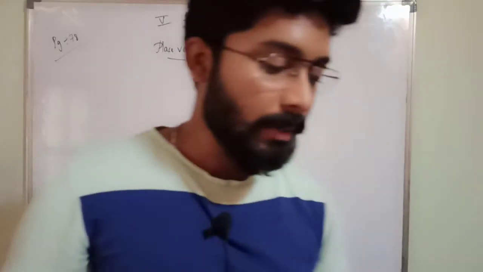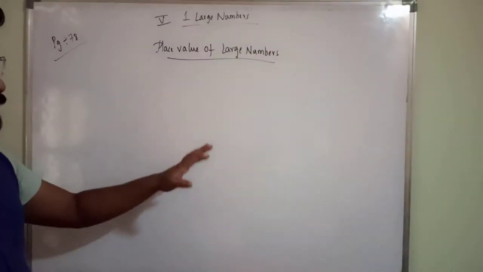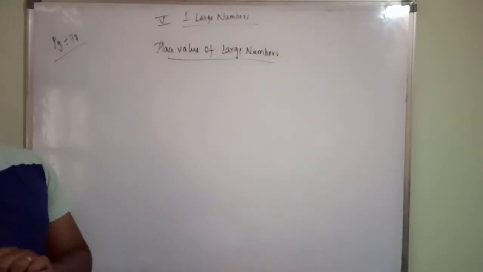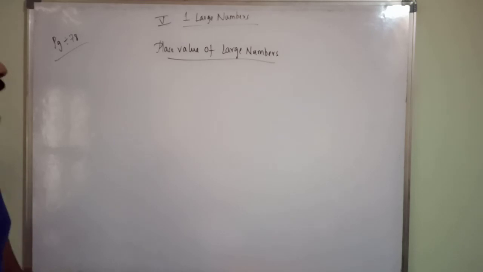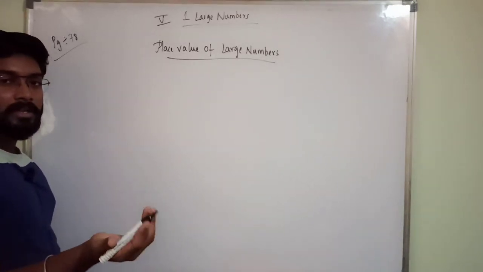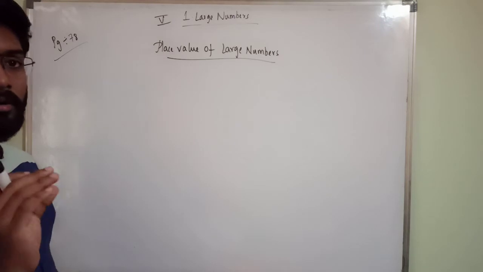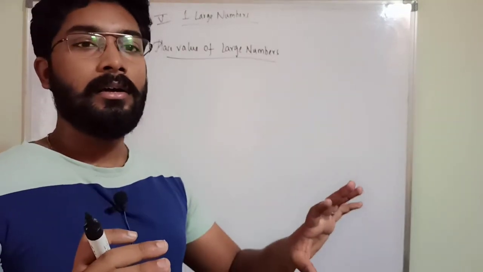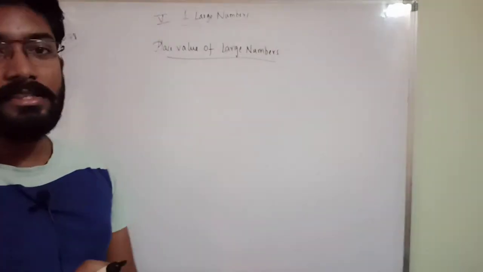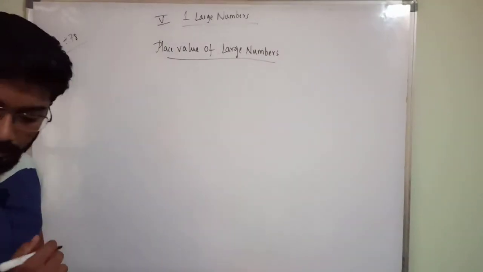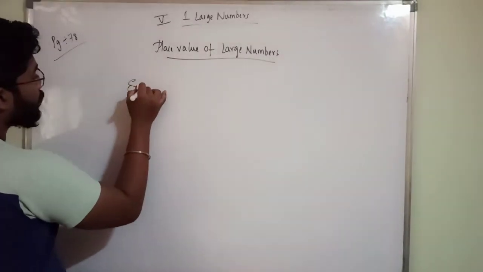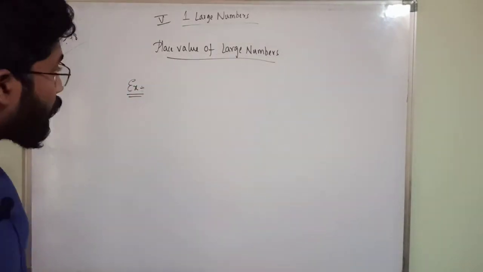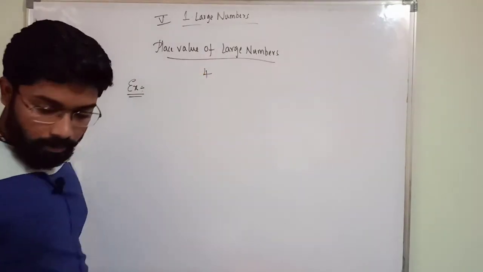Okay, we are getting the place value. If 2 is in the hundreds place, you will get the place value as 200. If 2 is in the thousands place, you will get 2000 as the place value. So depending upon the place only, you are getting the place value. What you have to understand is that you get the place value according to the place in which the digit is there in the given number. Clear?